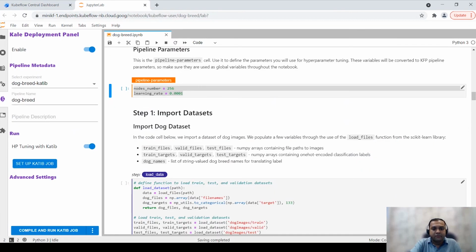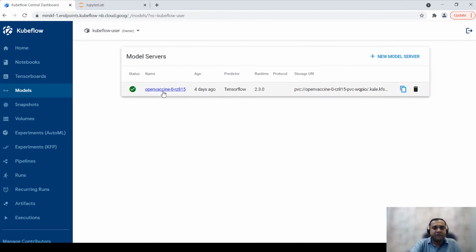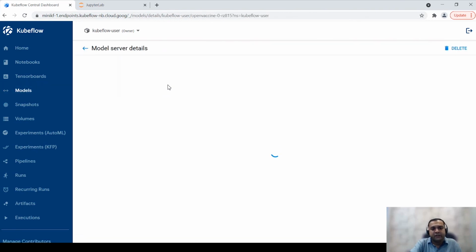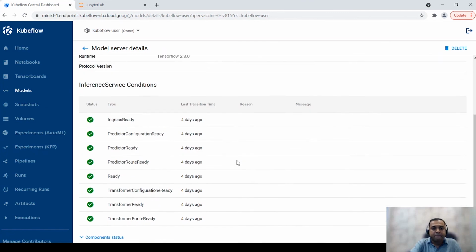So this is an example of how you can use Katib and what benefit you can leverage from Katib and Kale. Now let's look at model serving. I have served a model which is called Open Vaccine, and it's using TensorFlow serving. So you can see here the runtime is TensorFlow 2.3.0, and